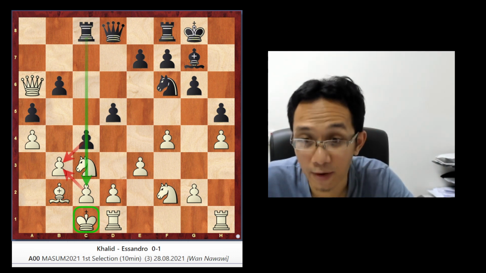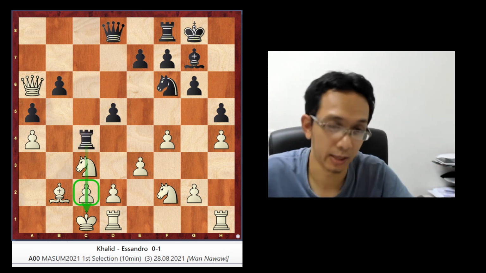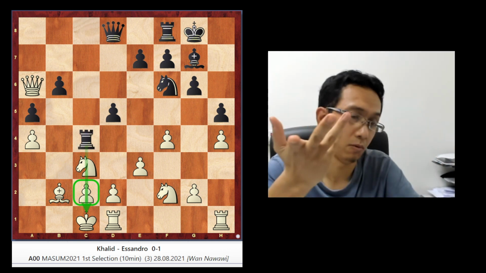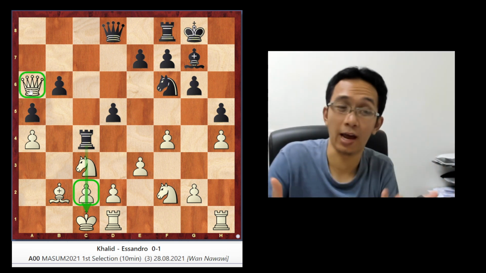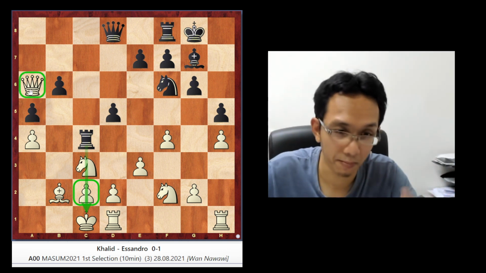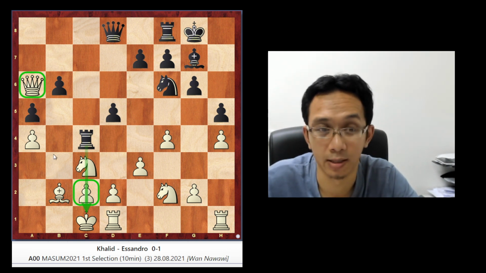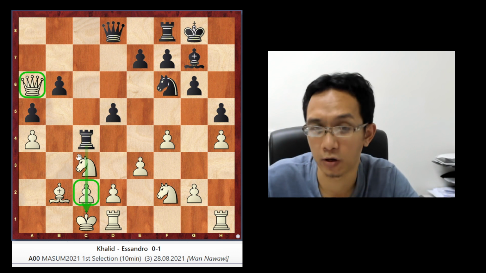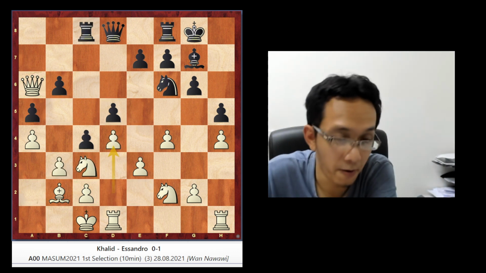So in order to prevent that, either you can play like this, just take it, and then of course the pawns are scattered, but no problem because you already have this free knight here, so you already have some advantage. Just one pawn is still okay, and you can easily defend, because this knight is pretty good here. And also you can play d4.